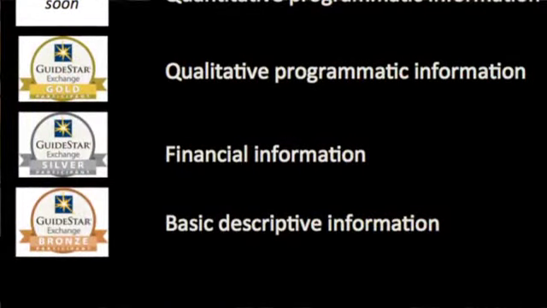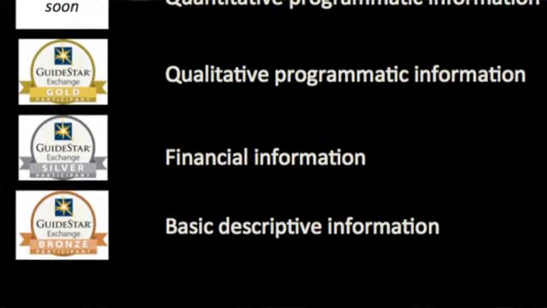We at GuideStar, as the largest source of information about nonprofits with about 2.5 billion pieces of data, are trying to supplement the data that we have, which mostly comes from the Form 990, with data directly from nonprofits themselves. And we have a number of tiers of data. At the bronze level, you'll find basic descriptive data. At the silver level,